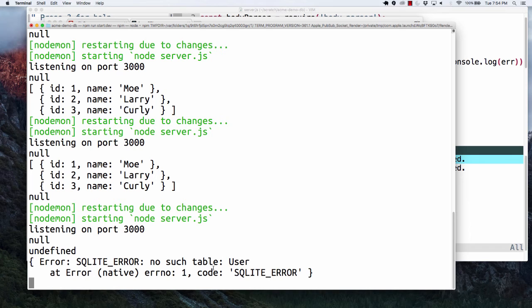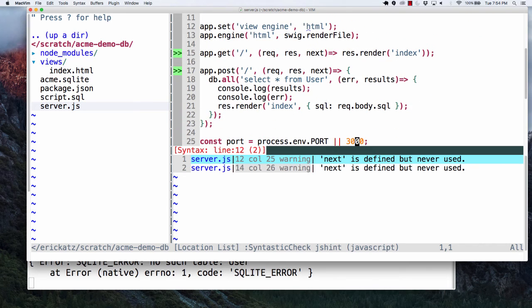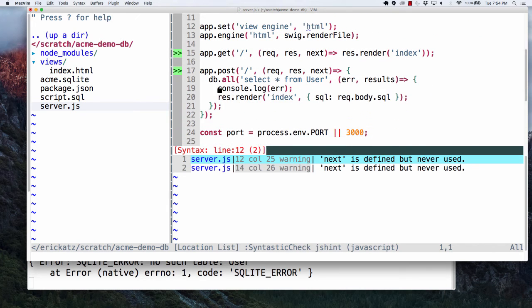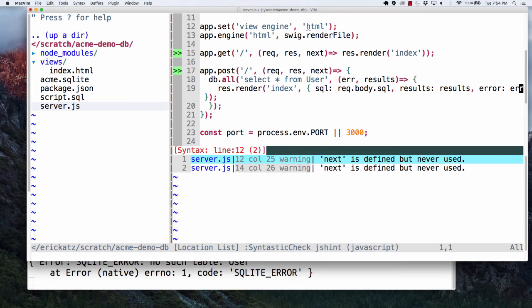So what I want to do here is pretty simply, what we're going to do is we'll go over here and we'll just specify when we get back here, we'll say results equals results, and we'll say error equals whatever the error was that we got back. So I'll go over here,